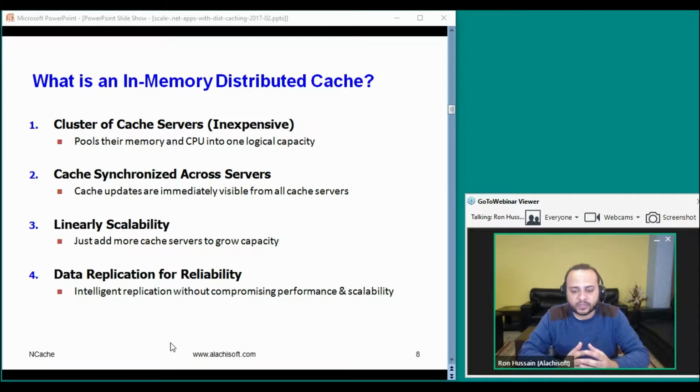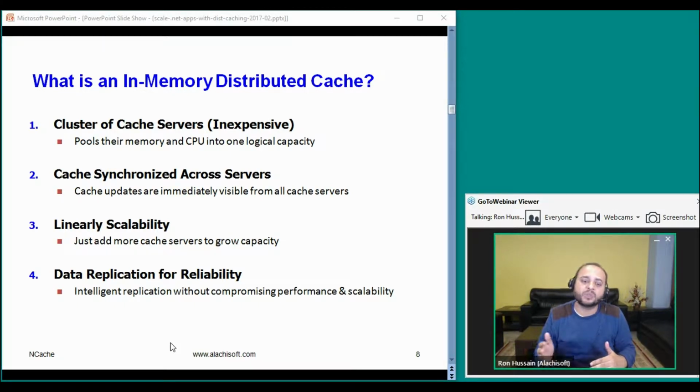Third characteristic, and this is the most important one in terms of scalability, it should scale out linearly for request handling capacity. It should increase the throughput without compromising on the performance, as we covered earlier. So your performance should be improved. It's in memory, right? So it's super fast already, but that performance should not go down when you have a lot of load